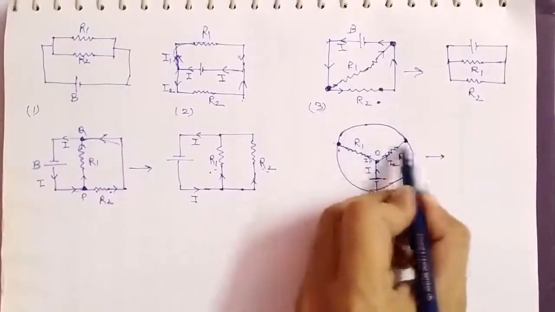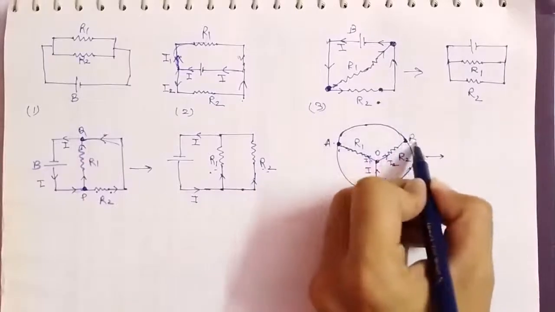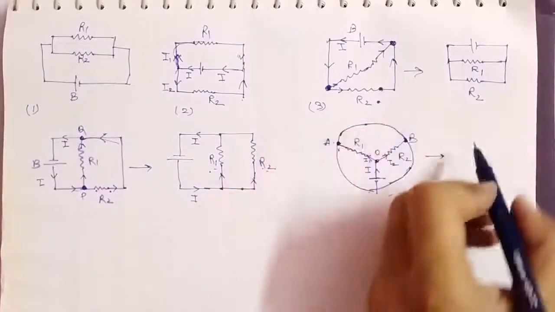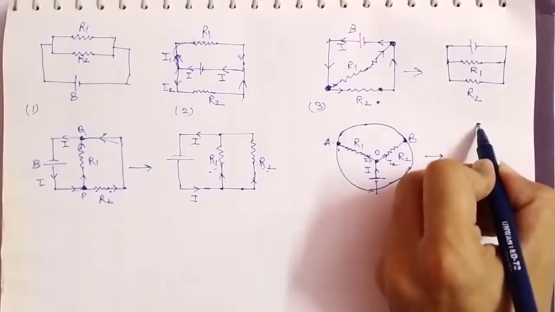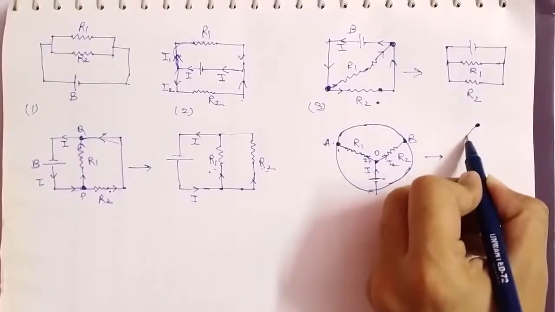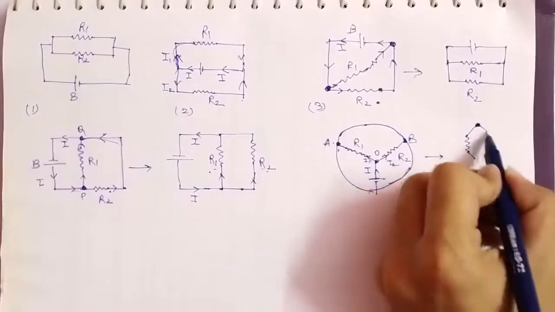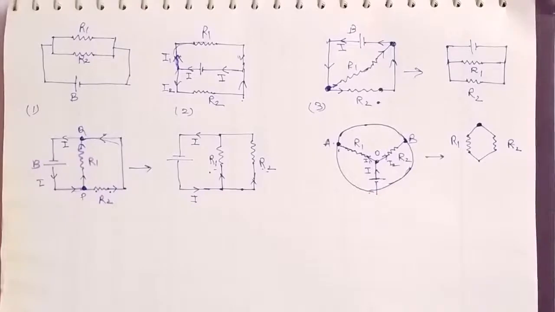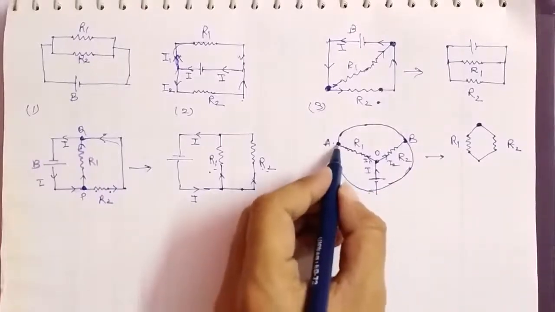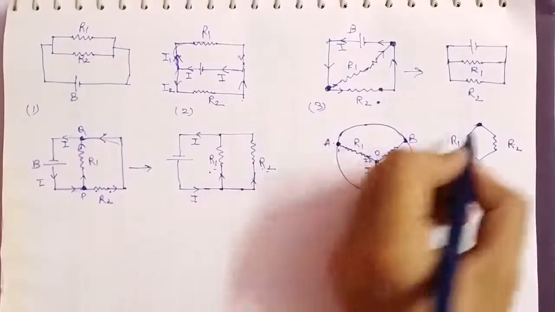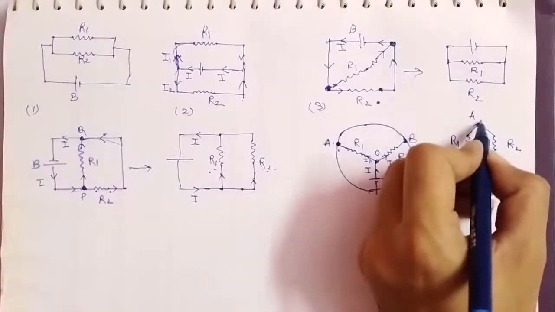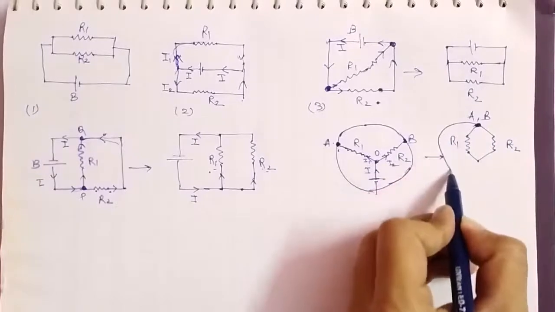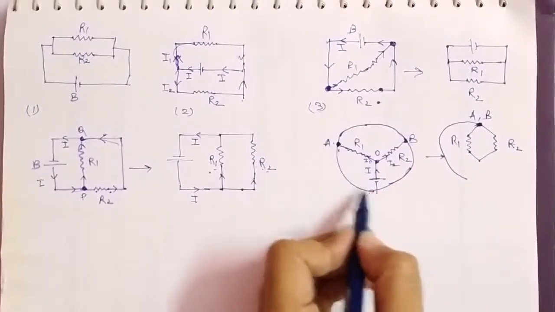So first I'm connecting these two points. Let's name these points A, B. So we are connecting A and B by shortening this wire. Okay, so what we are getting is this R1 and this R2. Now again, there is a wire that is connected to A. So see, A is here now and B is also raised here. So now it becomes the same point. So there is a wire that is extending from A to this junction.